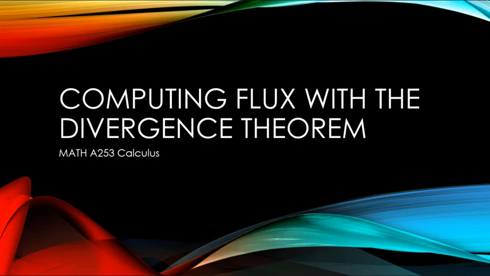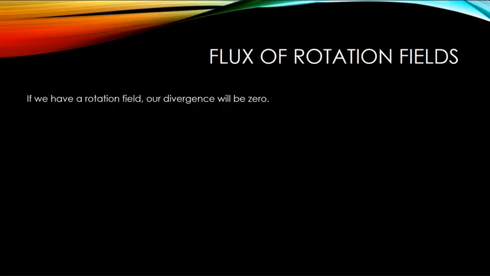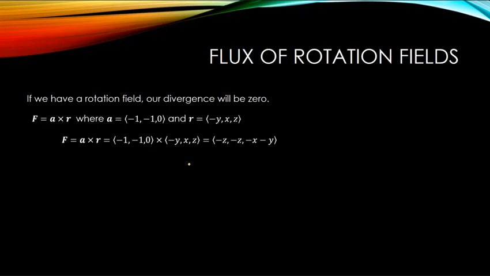In this final video, we're going to work with computing flux using the divergence theorem. If we have a rotation field, our divergence will be 0. If I take a general vector field F is equal to A cross R, where A is a vector with components -1, -1, and 0, and R is a vector with components -y, x, and z, our cross product gives us a vector with components -z,